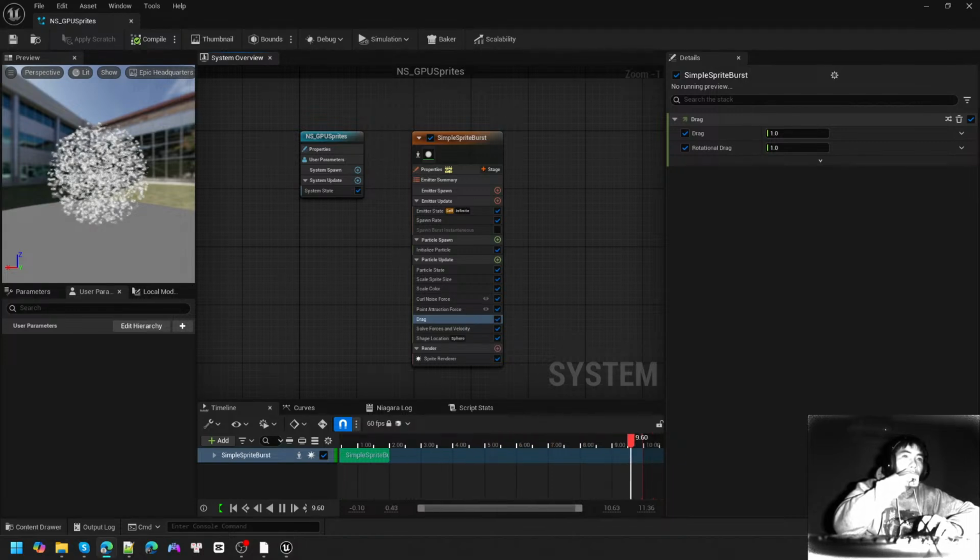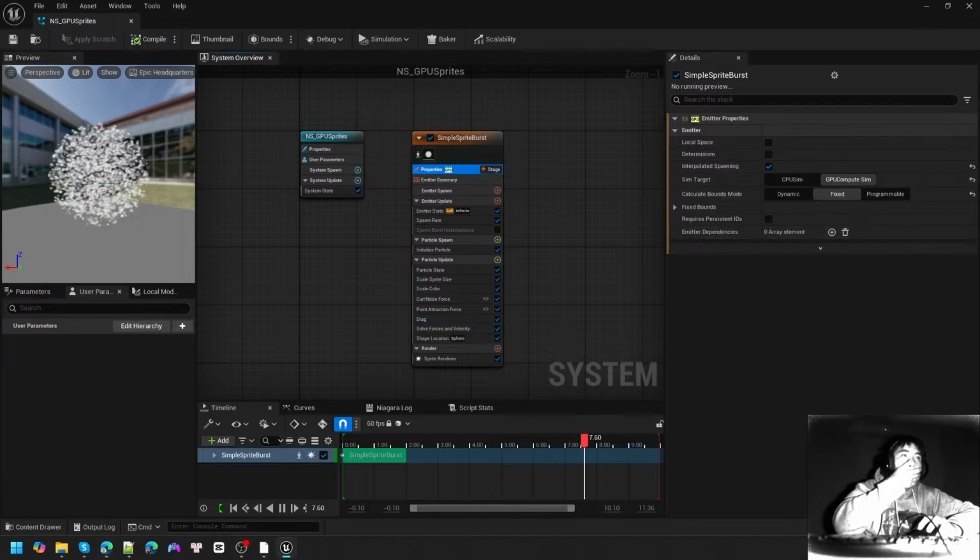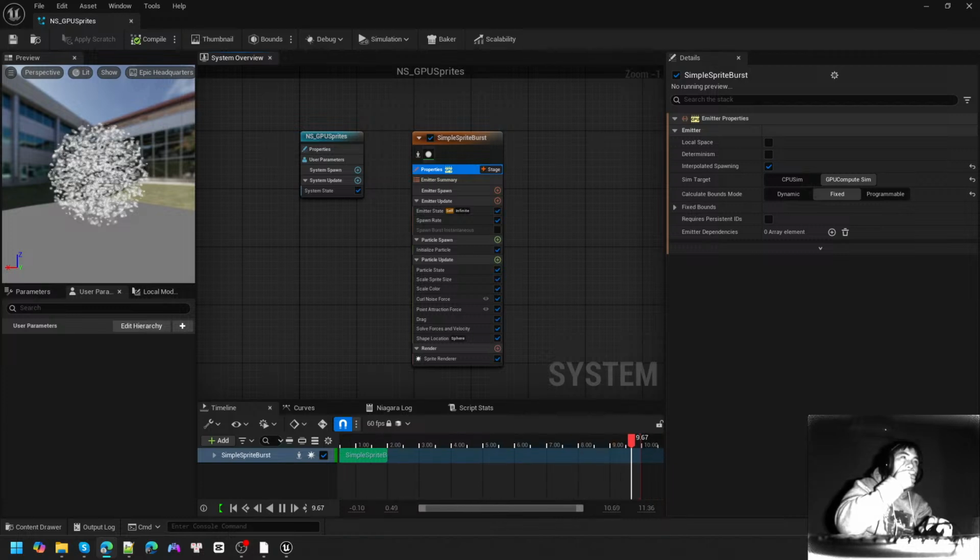Of particles in here. So for this mode, instead of dynamic, we need to change it to fixed. And now you can see that warning message is gone. And the reason for that is, after we set the particles to be processed on GPU, our CPU won't know the size of our particles. So it's important that we set it to be fixed bounds in order for everything to work properly. And if you click this drop down here, you can see this is simply just some hard-coded values for the bounds of our